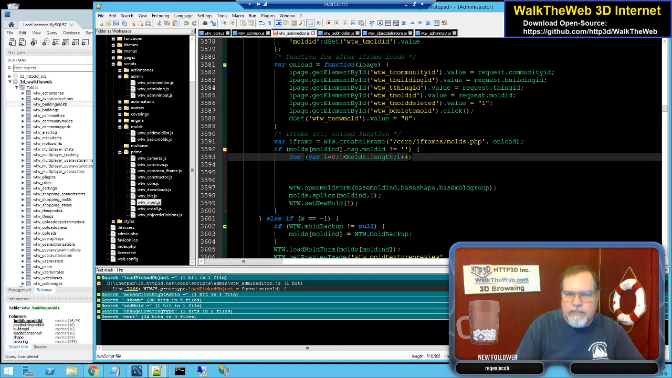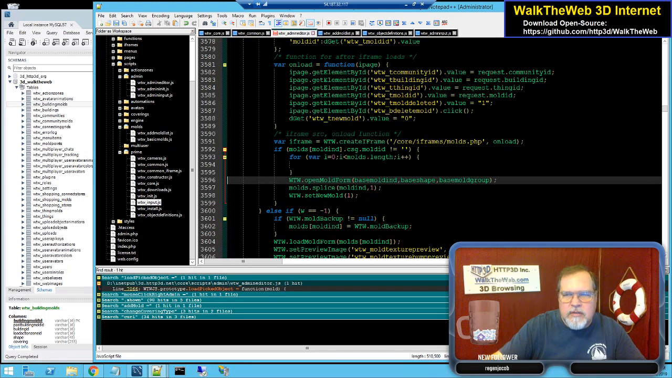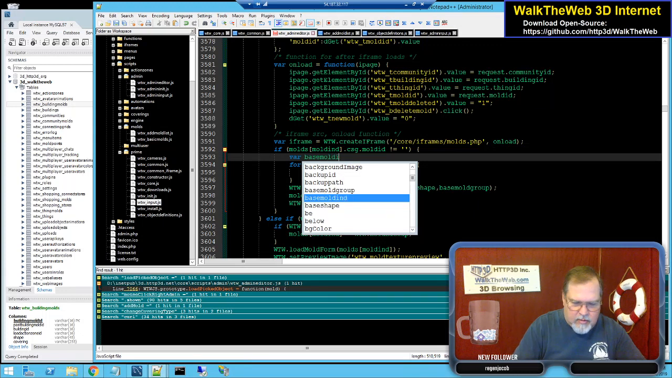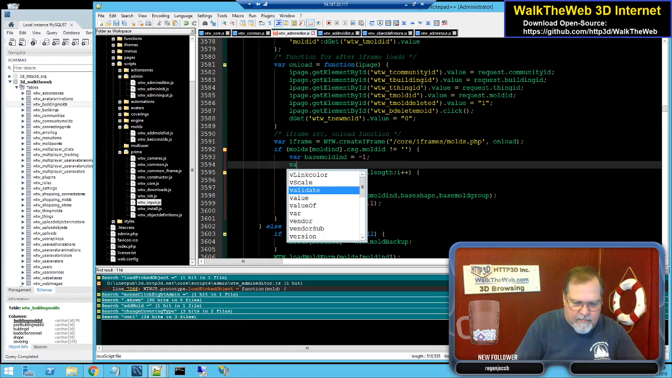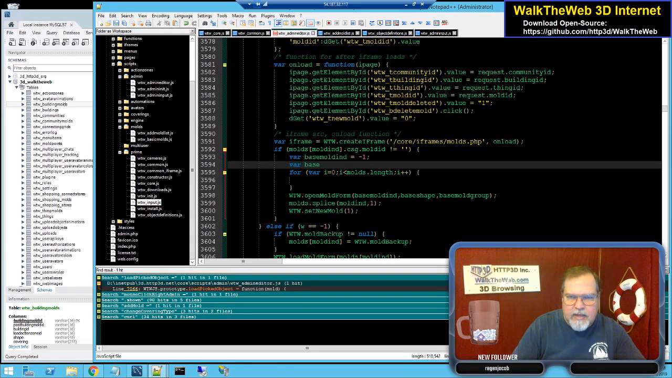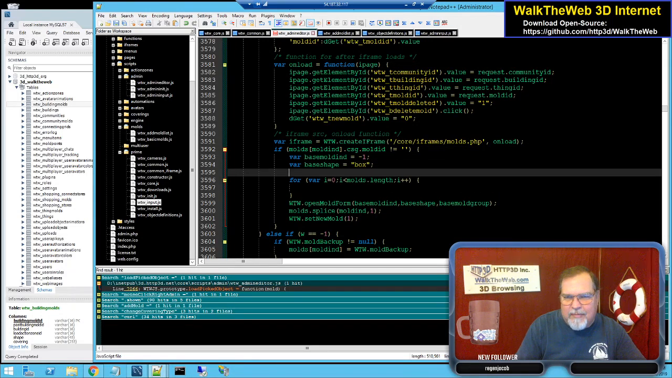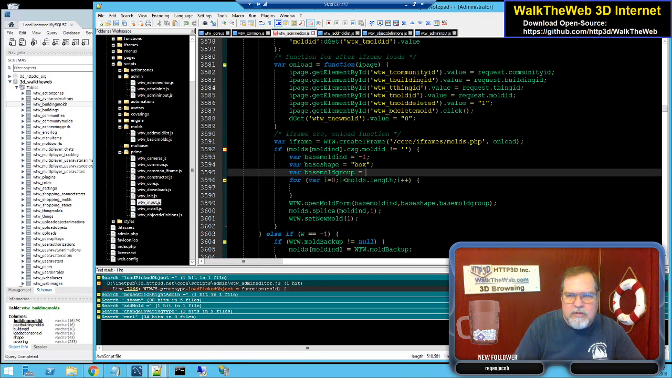I plus plus. And while I'm doing that, what I'm looking for is var D equals -1, var base shape equals, I'll just say box. It could be anything. And var base mold group equals,